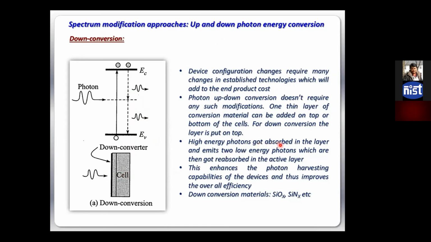So high energy photons get absorbed in the layer and it emits two low energy photons, which are then reabsorbed by the active layer. So we put this down converting material on the top of the cell, right?